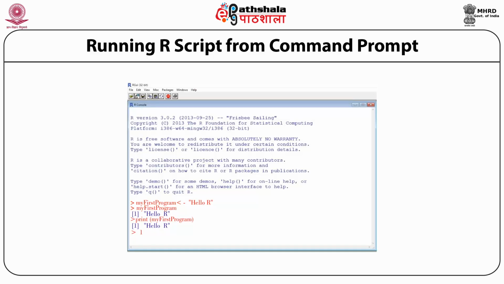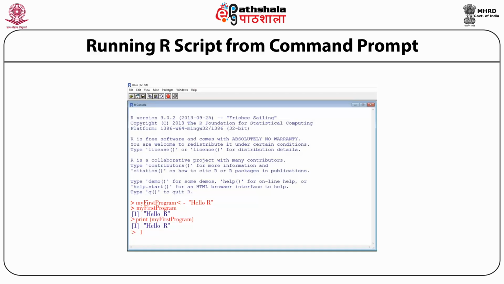For example, we have assigned one object here, my first program is equal to hello R. One thing we need to take care of: anytime we are assigning a string value, we need to put it in inverted commas. So after assigning the object my first program, we need to just write the object name.